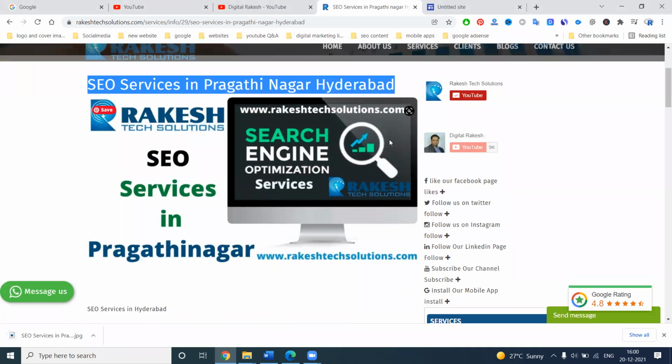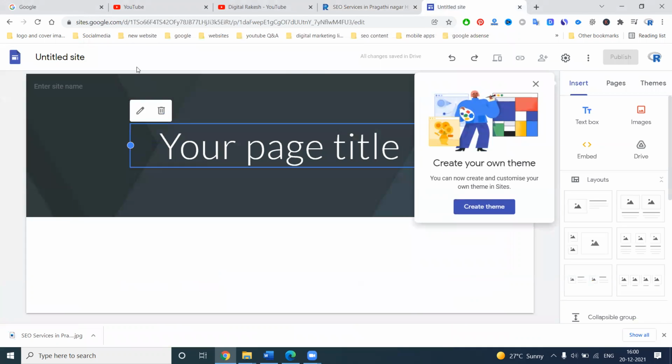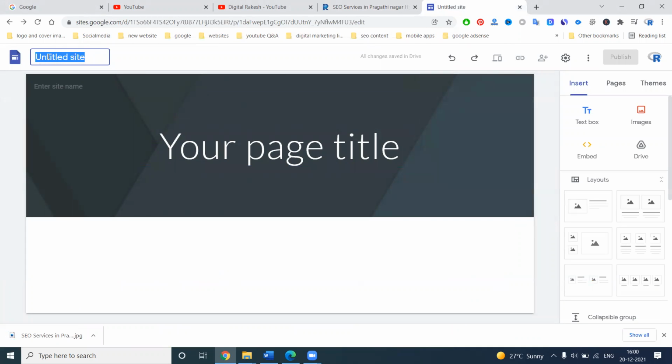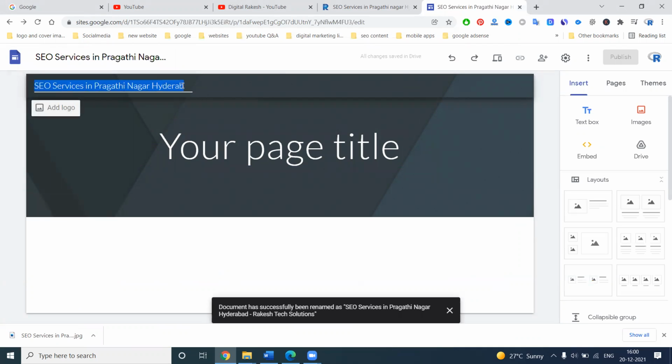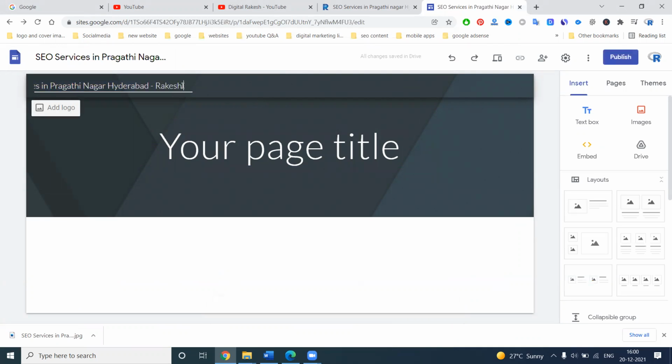First of all, this will be the particular title about your keyword. Type your keyword here. You can also write your company name, which is compulsory to mention in the title. So this is nothing but your SEO title, the site name. Nothing more is required for the site name, this much is enough up to here. Now you can go to the other options.